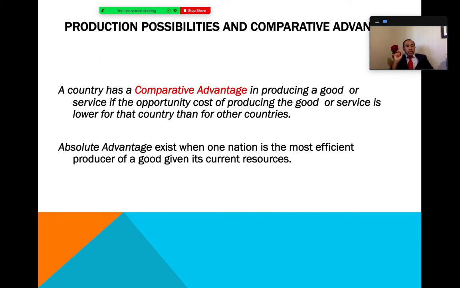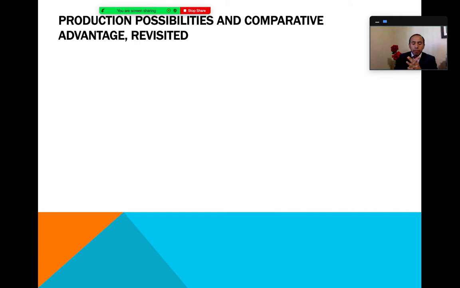However, the theory of comparative advantage makes it clear that if a country has the lowest opportunity cost, produce that product, specialize in that good, and then trade with a different country for mutual gains. Absolute advantage says no, we have to produce everything domestically. We have all of the resources, all of the productivity factors. Let's produce domestically. And comparative advantage is a little bit more towards full specialization and trade with each other